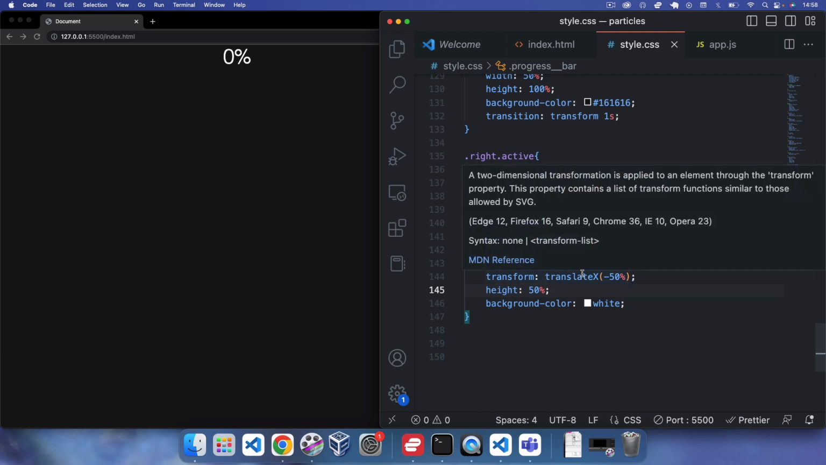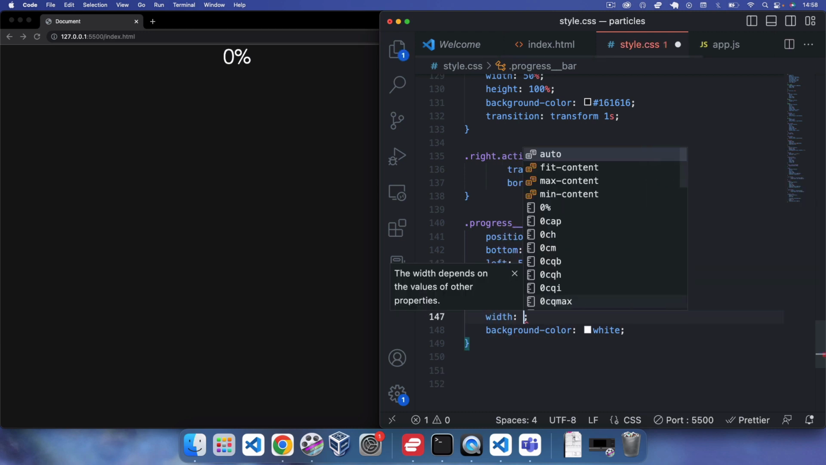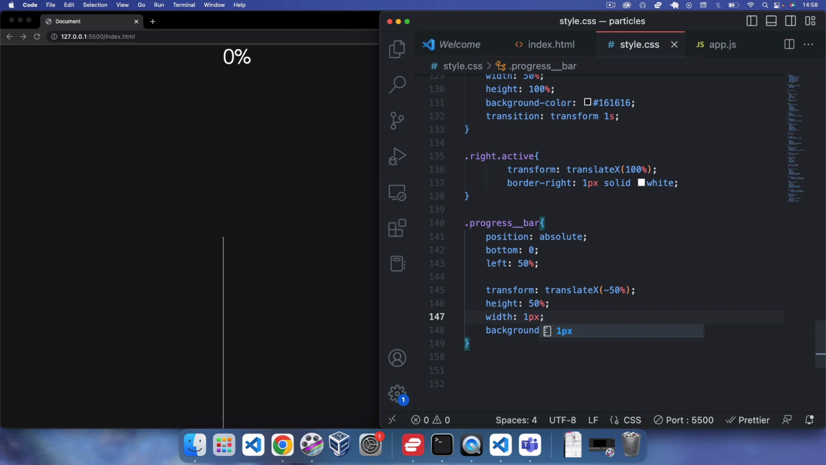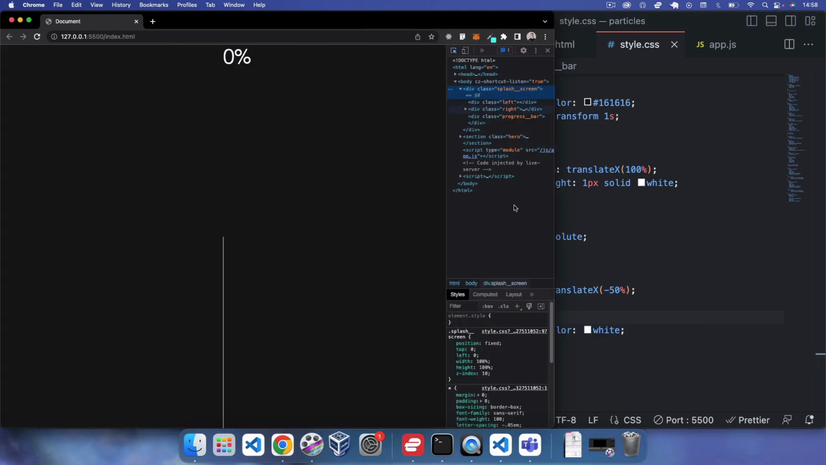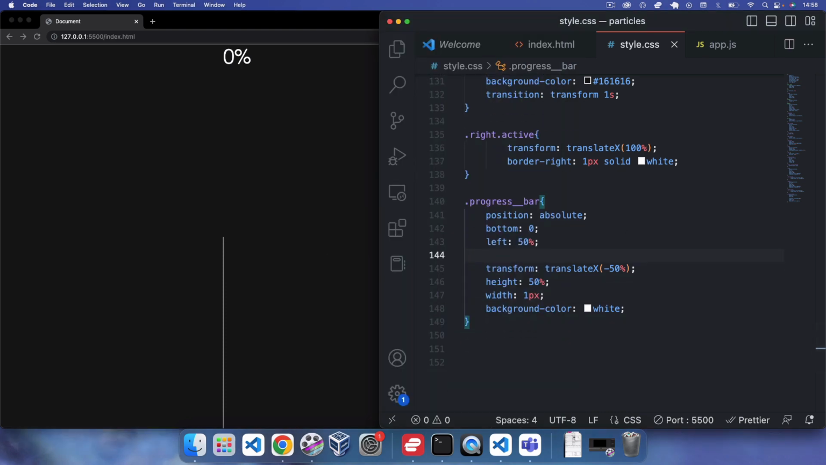Let's set the width as well. So we'll just say a width of 1 pixel. Okay, so there's our progress bar there. Let's just come off this. See how that's 50%. Okay, so now what we also want to do here